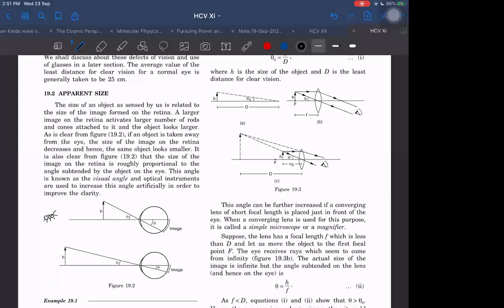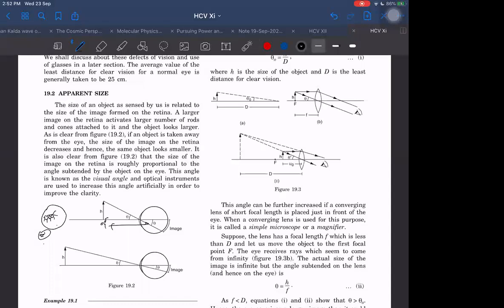I am looking at an insect, and it is very far away from me, and it appears to be something like this small thing here, which is small. I will bring it close, and I will see it, and it will appear to me to be larger. But how close can I bring it? I can bring it close up to 25 centimeters.